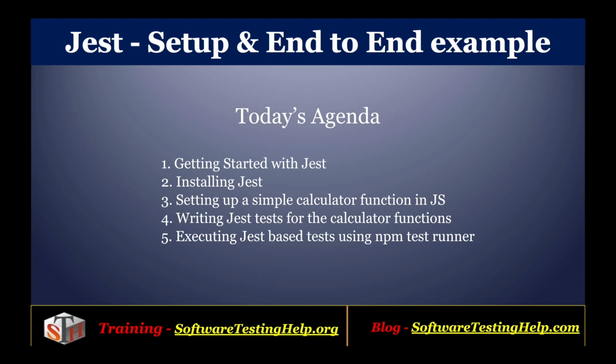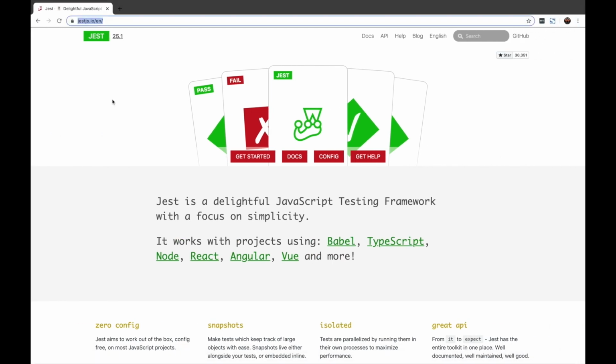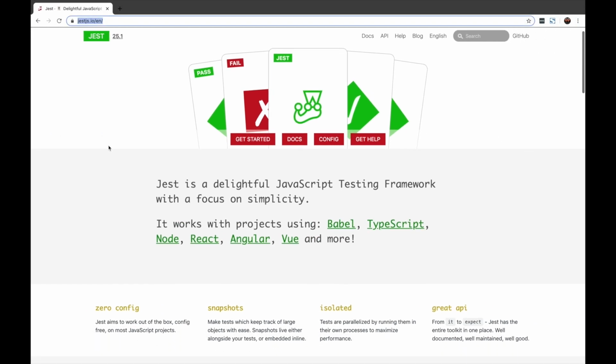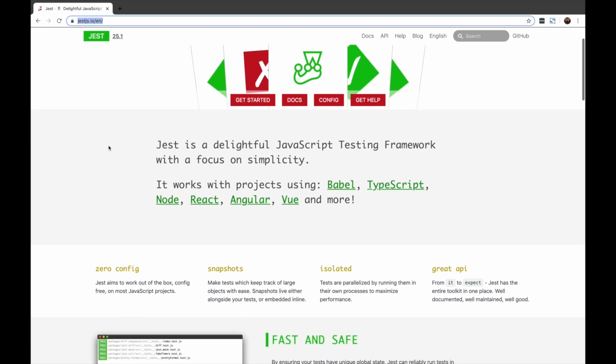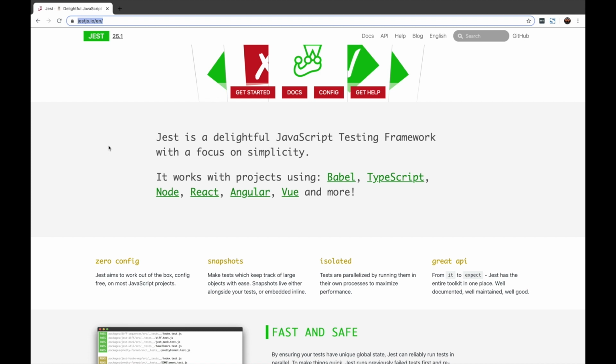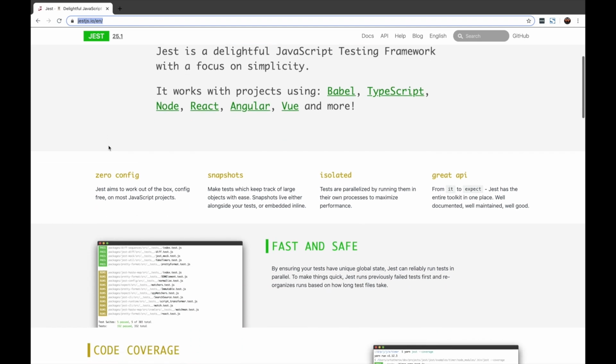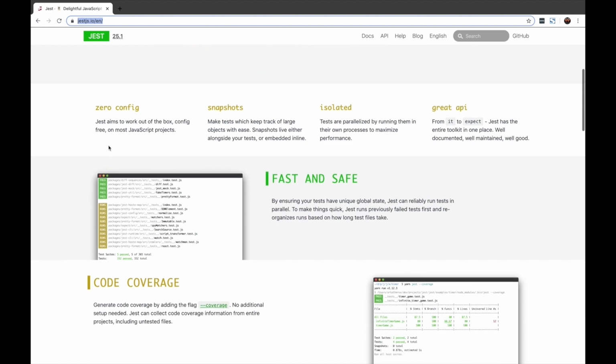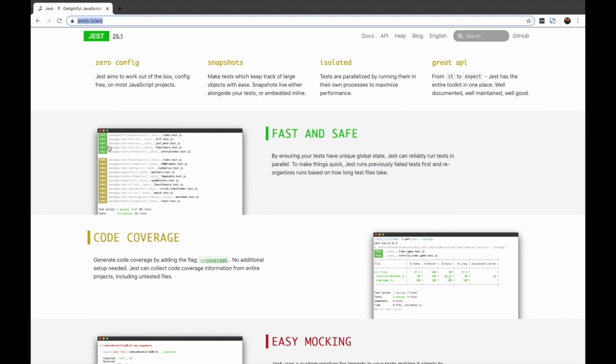First, let's see what exactly is Jest. If you go on the Jest official website, it says that Jest is nothing but a JavaScript testing framework, and it can be applied to any JavaScript based project, be it plain JavaScript files that you have for a web project, or a complex node or React or Angular based project. Jest has multiple features,